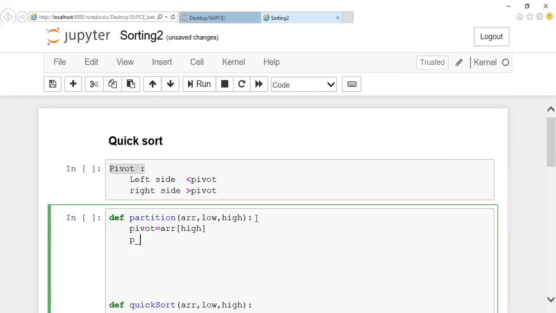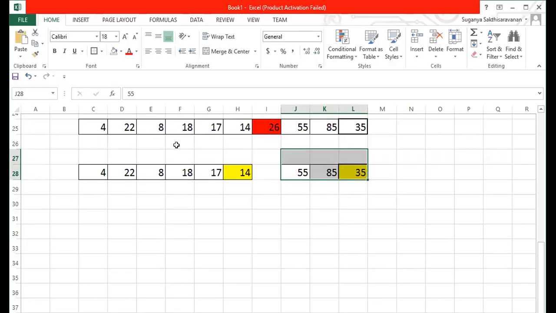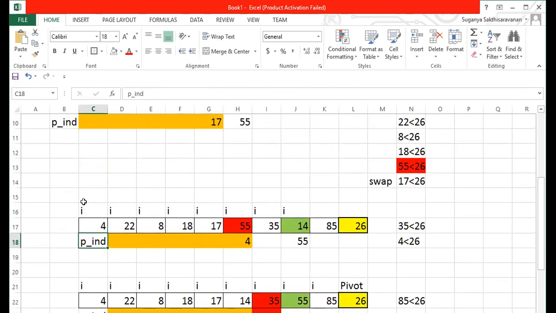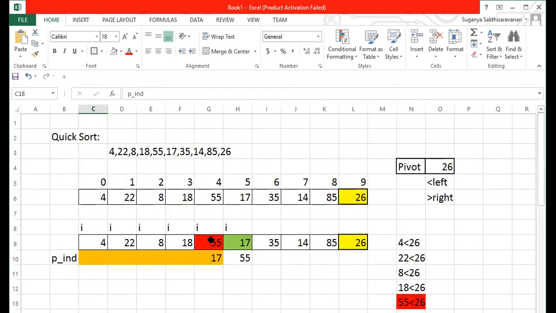And what is your P index initially? This is a P index I'm assuming, guys. Listen here. This is the one I'm assuming as a P index, the pointer index, which helps me find out the exact value which is lesser to swap with. Okay, so this is the P index I'm declaring. Initially, I'll start the P index at the -1 position. Whenever I find no changes, then I'll increment my P index. So right now we'll start with the P index and I'll set it as -1 here.